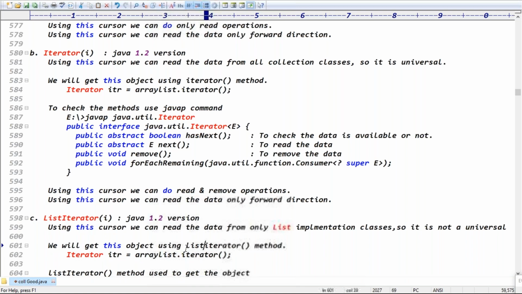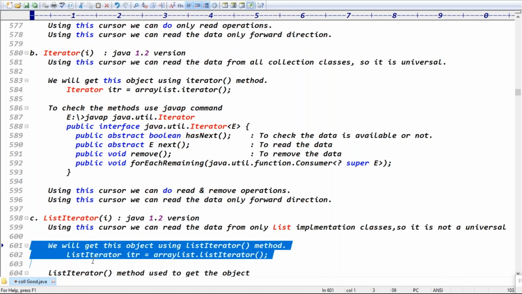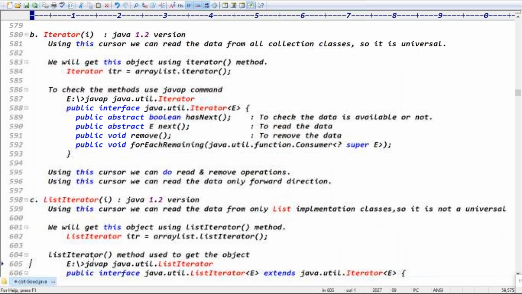You apply the same listIterator method to get the object. Then it returns the ListIterator object, right? Exactly. You'll get this object using the listIterator method, right?